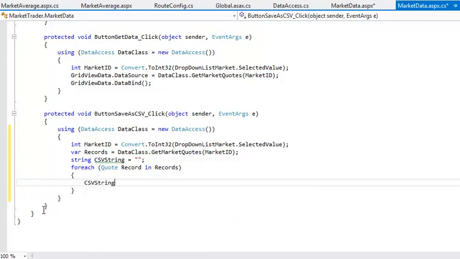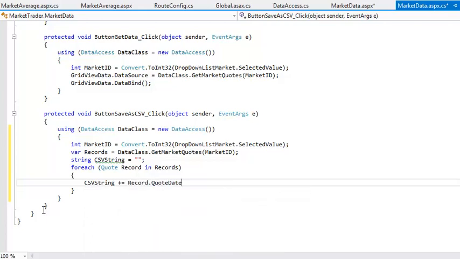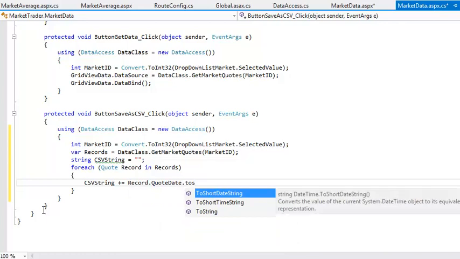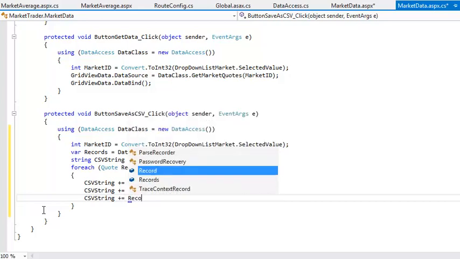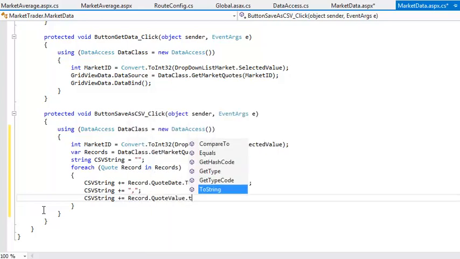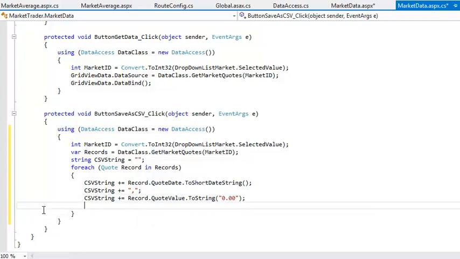csvString += record.QuoteDate.ToShortDateString(); csvString += ","; csvString += record.QuoteValue.ToString("0.00"); csvString += "\r\n";